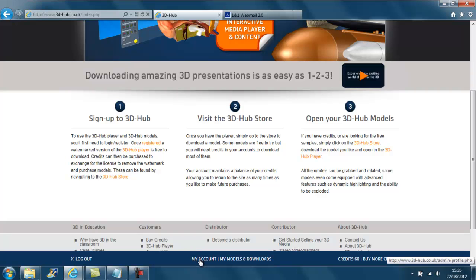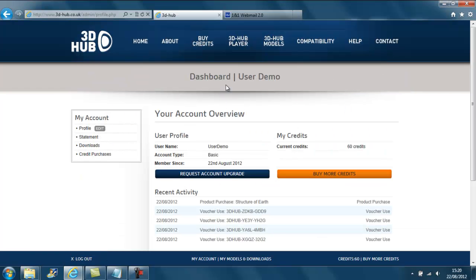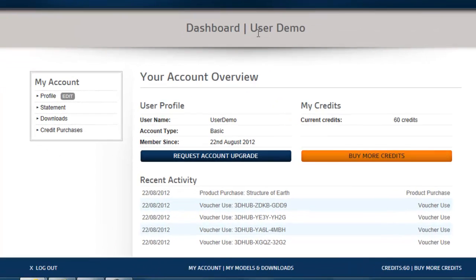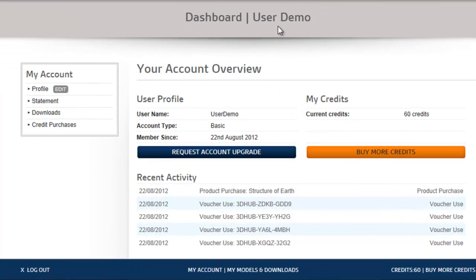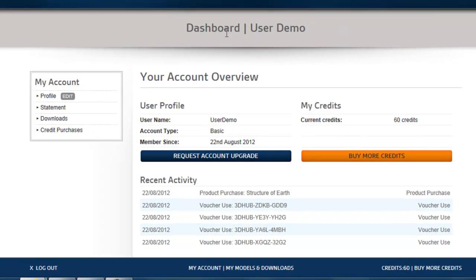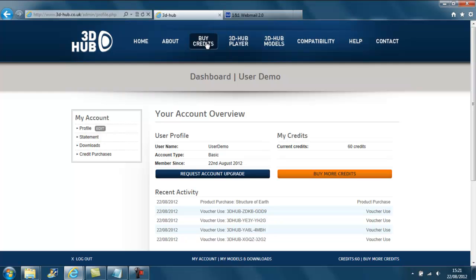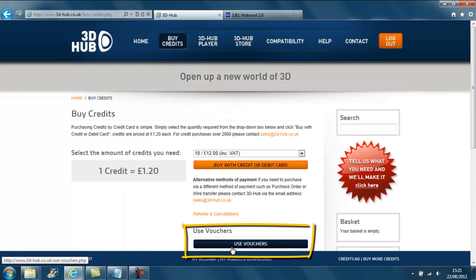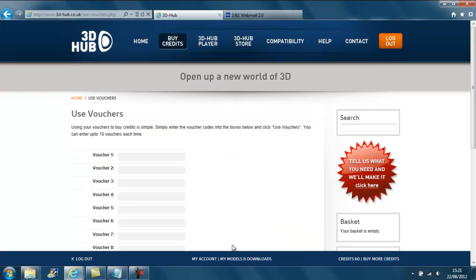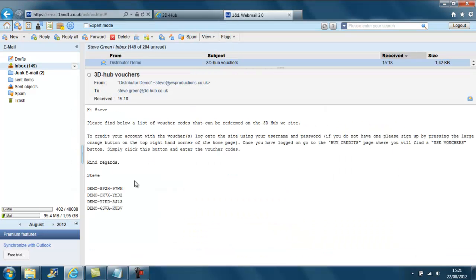and again go to my account, straight away that's your dashboard, that's your username, which is user demo. This will obviously be the customer's name if it was a customer. At the moment you can see recent transactions that I've made using this account already, when the account was created, what account type you've got, because I'm just a basic user, and my current balance. Now the way the user puts the credits onto the account is they go to buy credits, and then there's a use vouchers button at the bottom there, and all I do is copy and paste the credit numbers